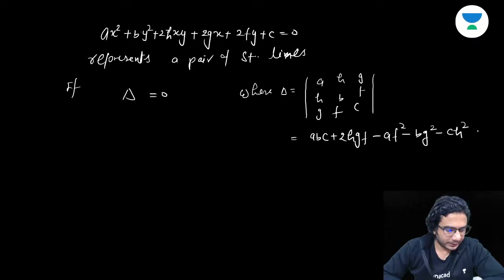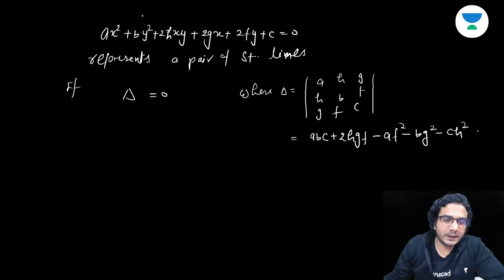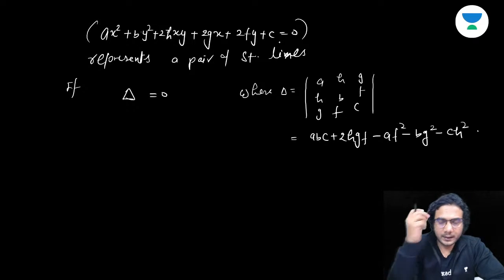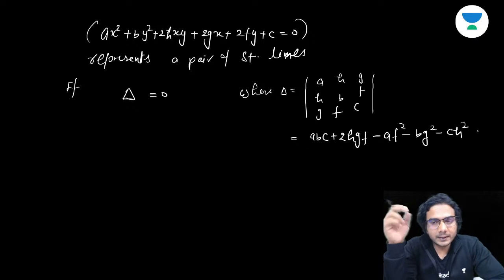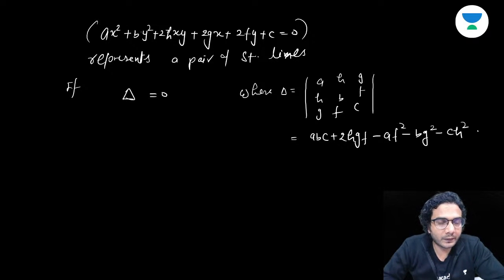Symmetrical determinant, yes, Raghav ji. Alright, so this is the value of delta. What is this delta? Delta is basically the discriminant of this quadratic. If you make this a quadratic and write its discriminant, then that discriminant is delta. Because if delta is 0, then you will be able to factorize this equation into two. You'll get basically two linear factors.